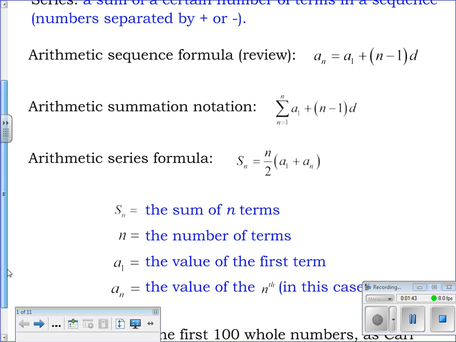One of the ones you're going to need to understand and know how it works. And then there's the arithmetic series formula, where you've seen everything that's here except for S sub n. It's the sum of the numbers. I want to add all the numbers together in that series. That is a formula that lets us find all of them together. We know the first number, the last number, the number of terms. S sub n is the only new thing in that formula, and it means the sum of the first n terms in the series. So if I want to add up the first 20 numbers, I know how to add up the first 20 numbers. Okay. Now,